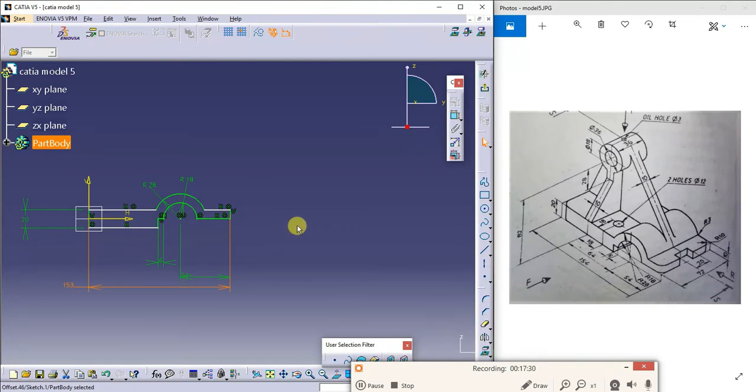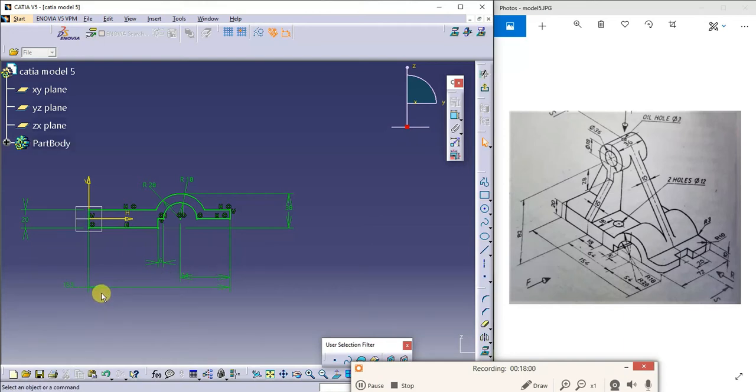Now I'll try to change the dimension of this. So now it's taking. Still it has not turned into green color. What I do, I'll try to give the distance from here to here. It is 38, because from here to here it is 10. 10 plus 28 is 38. Now I'll try to check the dimension of this once again properly.